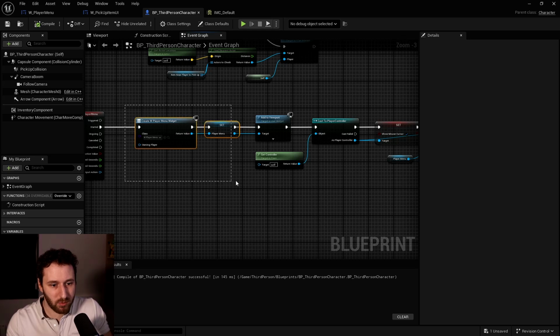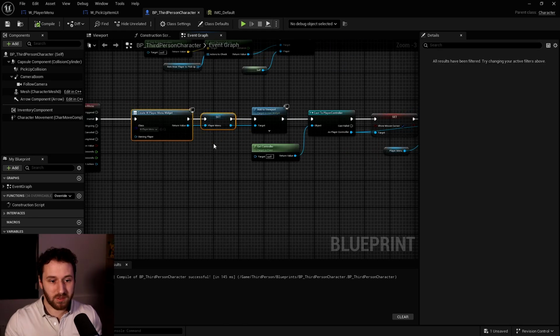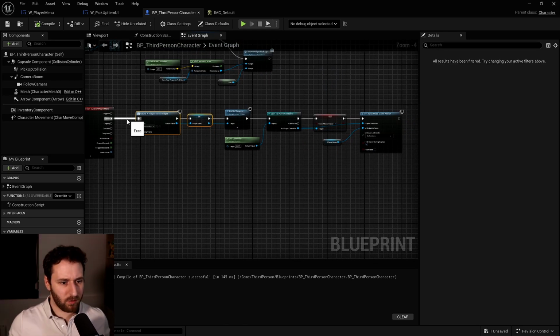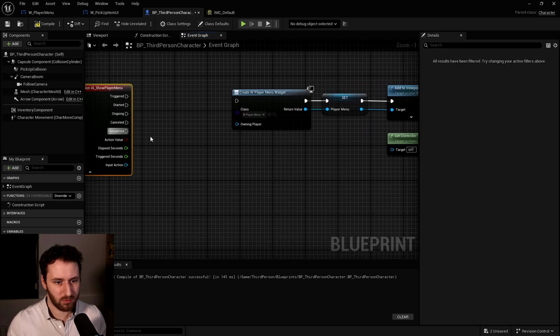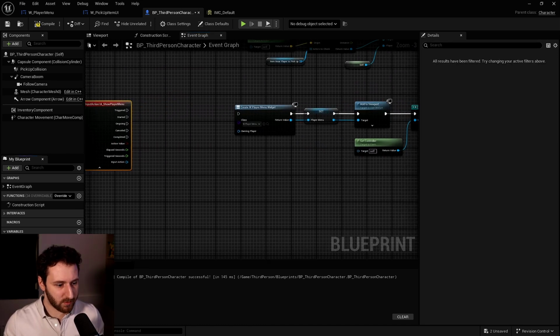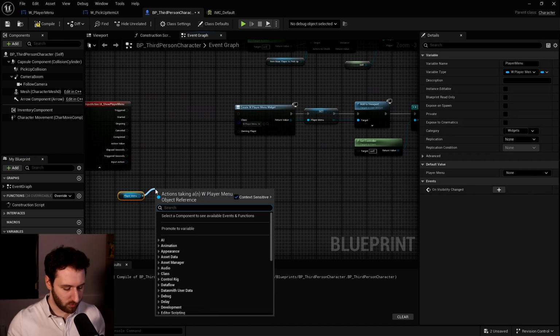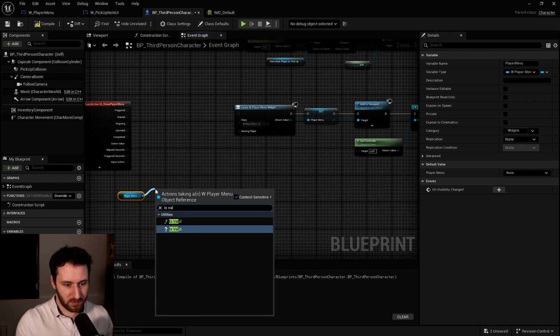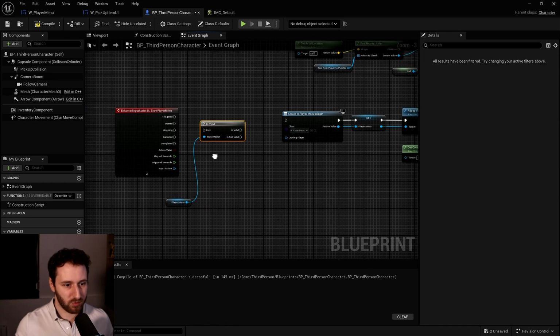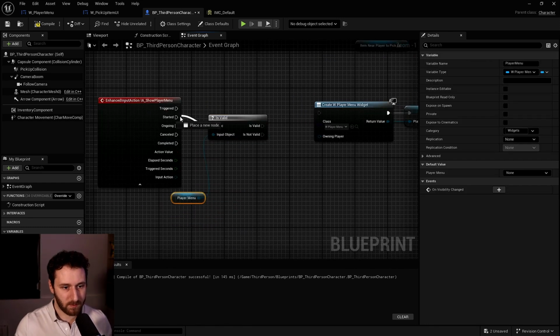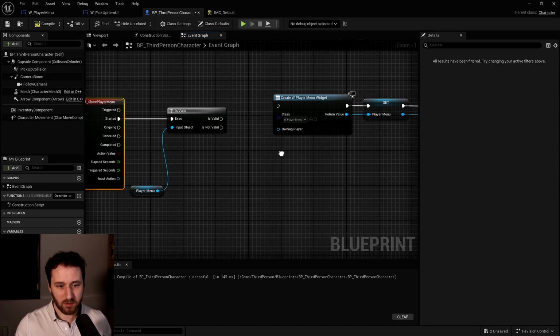We're actually creating a widget every time we press I, so to optimize this, we will not do that. We will first do an isValid on this player menu. Get this player menu, we do isValid. So if this menu already exists, we don't need to create the widget.